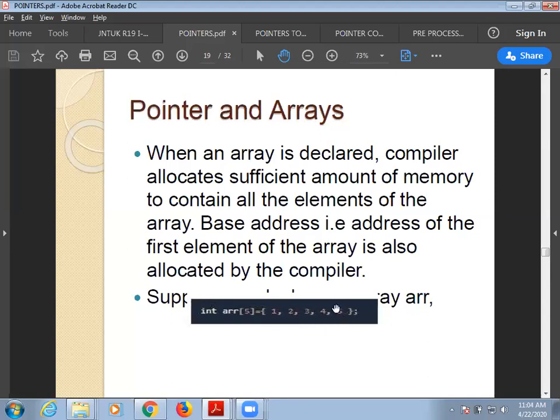When you are assigning 20 bytes of memory, whatever address we give to the first memory element, we'll call it the base address. That is the address of the first element in your array.